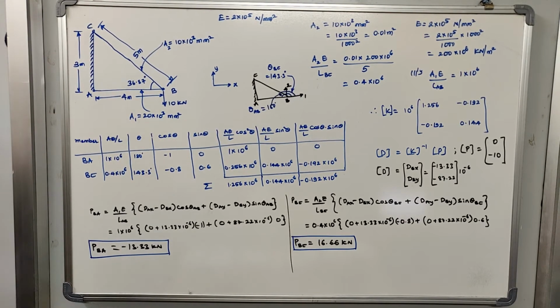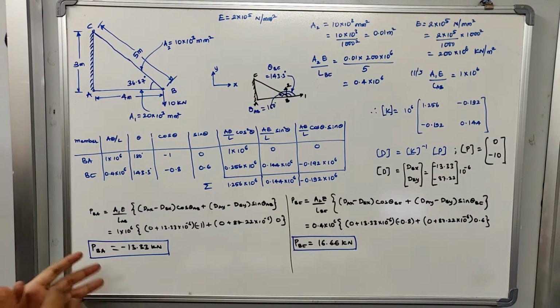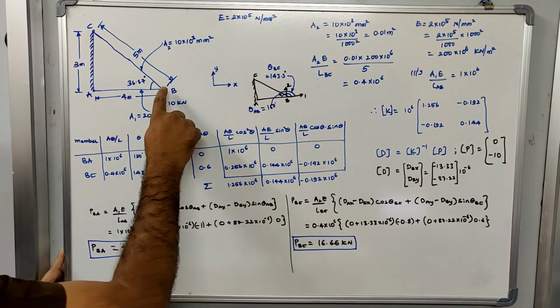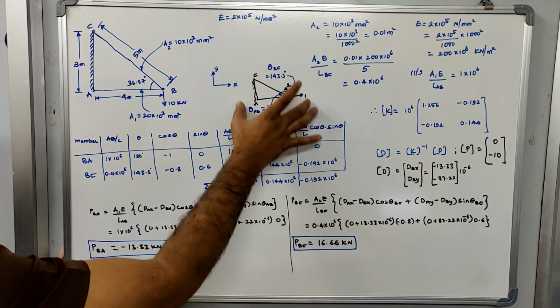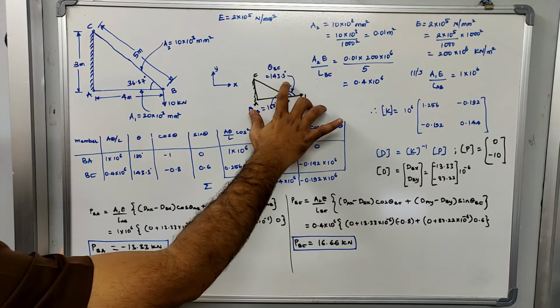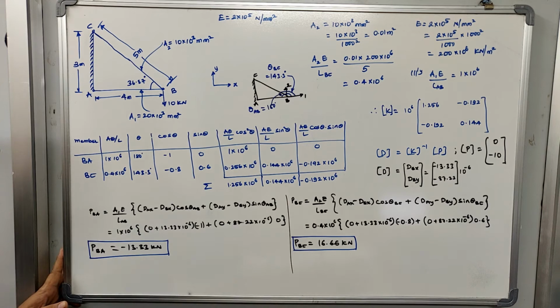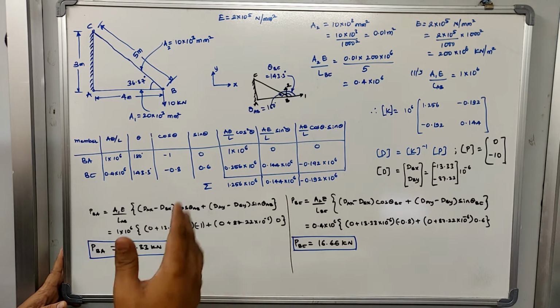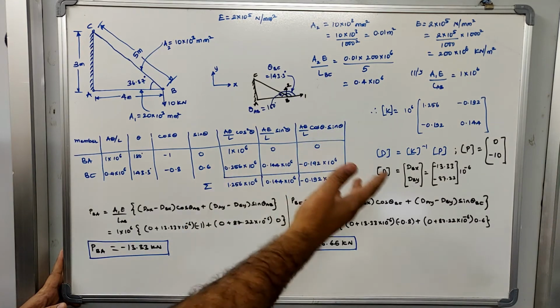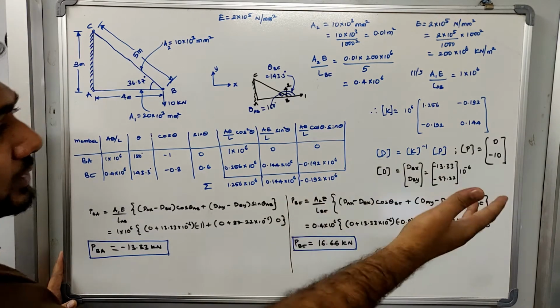First let us identify what the theta values are, for member BC and for member BA. I told you previously how in derivation we solve it: with respect to X direction, we find out how much the angle is. I have solved it over here. In this figure you can see I have mentioned two coordinates, one in X direction and the other in the second direction. So what will be the size of the matrix here? The size of the stiffness matrix will be 2 by 2, so 4 terms will be there in the stiffness matrix. We have already solved the equation previously for how we solve the stiffness values. Anyhow, we will discuss that in detail later also.